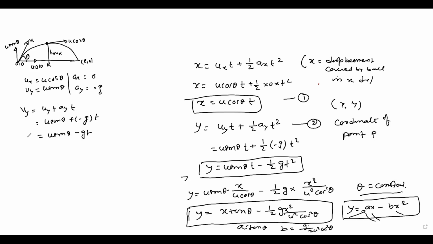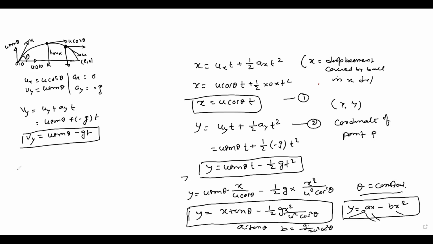So you see, as time progresses from here to here, the velocity will keep decreasing. But the moment it passes here, suppose the particle has reached here, this is the x direction, this is the overall velocity, and this is the y direction. After the ball has passed the maximum height, the velocity will start increasing again because of g, and the final velocity will be in the same direction.